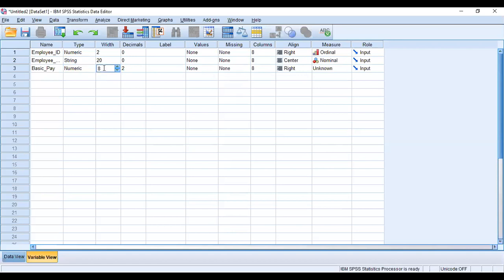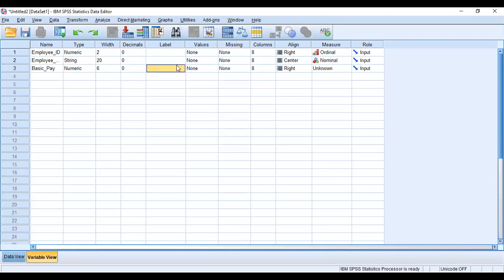Width we can give as 6. Six means maximum we can enter a value up to 9,99,999. Fine. The decimals, if you need to provide decimals, here we give 0.